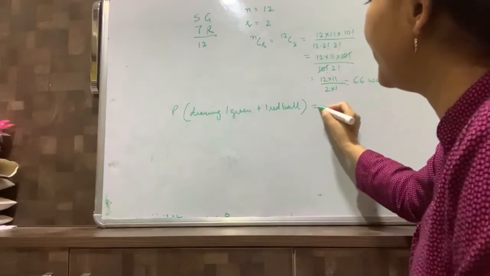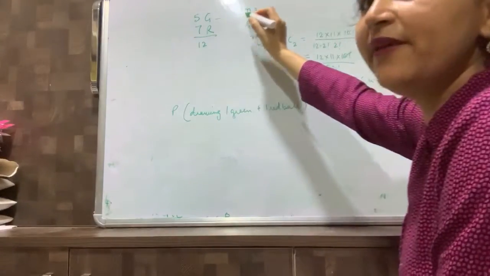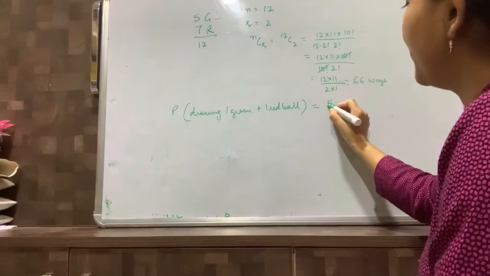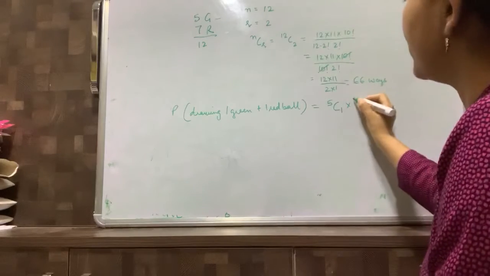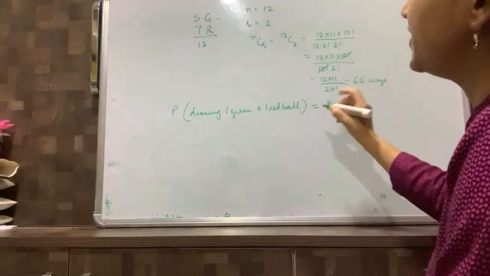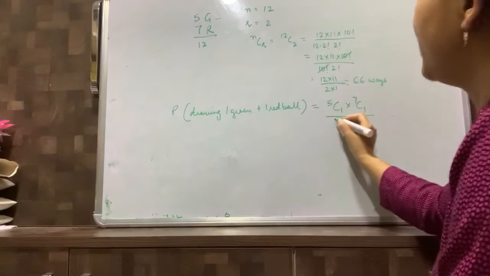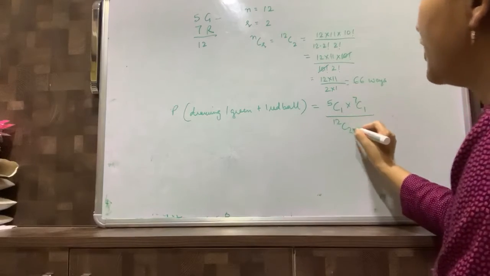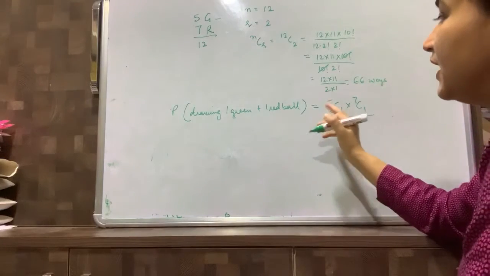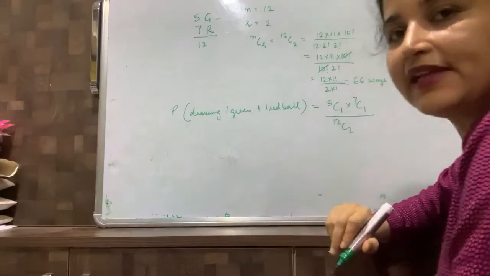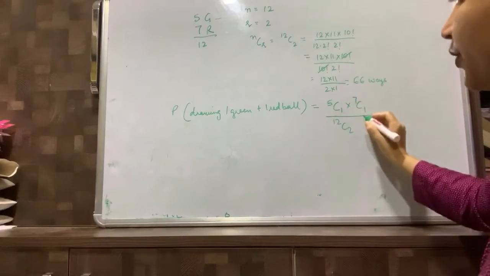So for that we require the ways in which we can draw 1 green ball. So what is the total number of green balls? We have 5. So the combination becomes 5C1 into, how many red balls? 7. So 7C1. Out of 7 we need 1 red and out of green we also need 1 green. So that divided by 12C2. So out of 12 we want 2 balls and in such a way that one of them should be green and one of them should be red. So this is how we are going to write the formula for calculating the probability.